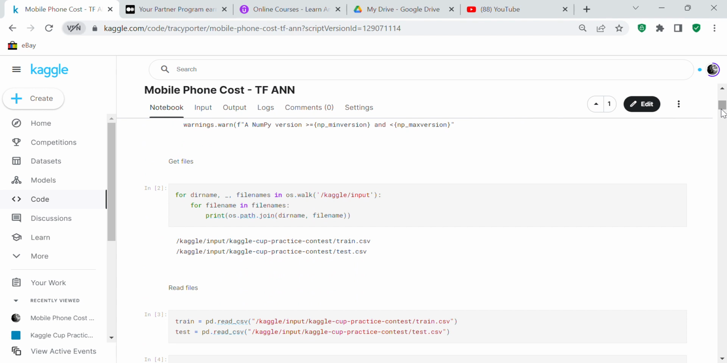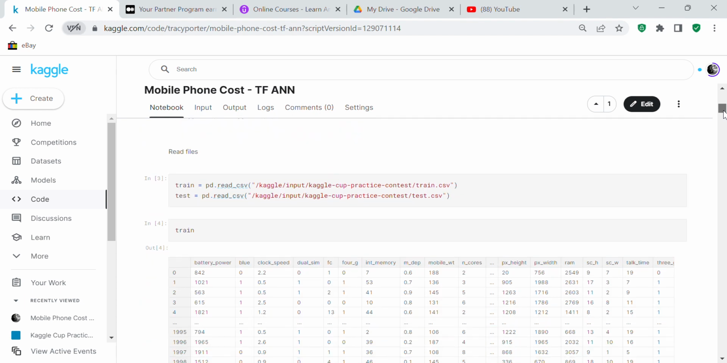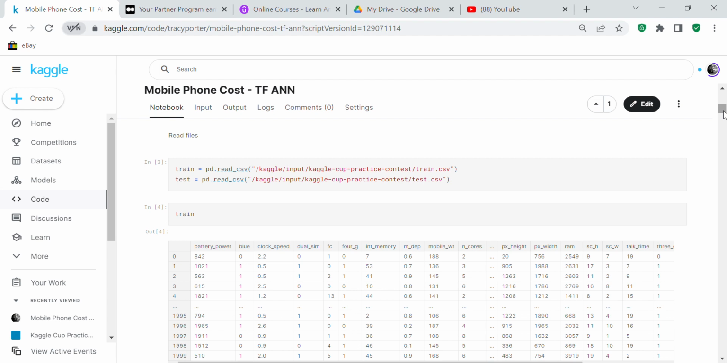Then we're going to get the files that are going to be used. We use os to do that, and the two files they provide us with are train and test. Now we're going to read those files using pandas and convert them to data frames. So train equals pd.read_csv, and then the URL for the train CSV file, and we do the same thing for test. We check train,